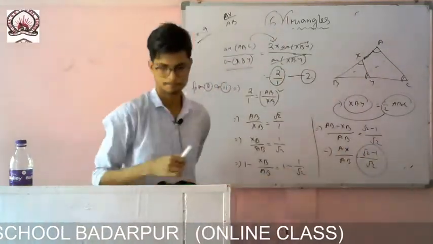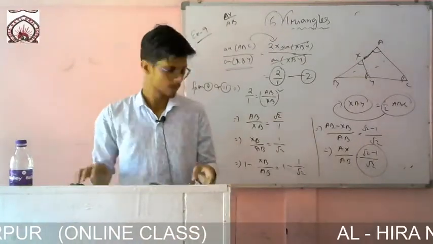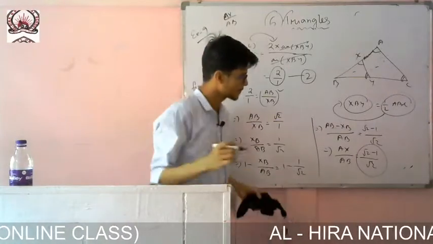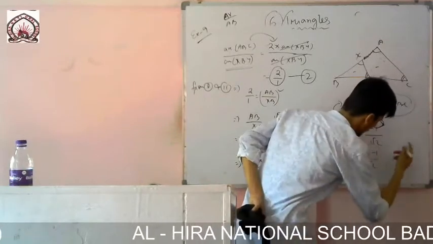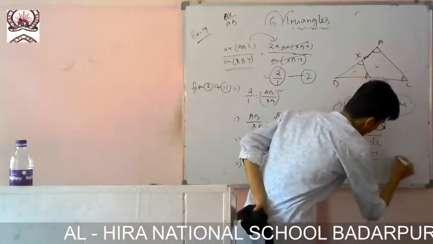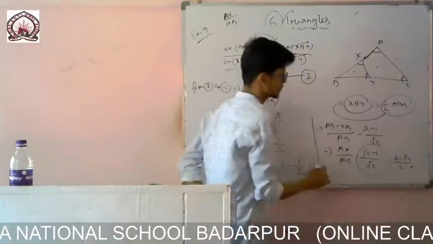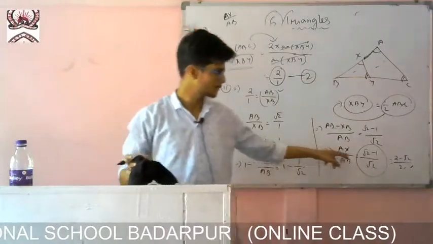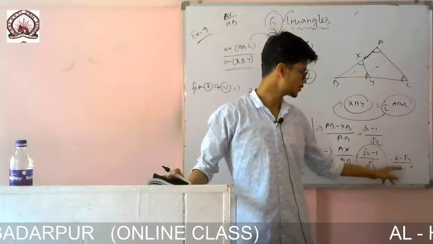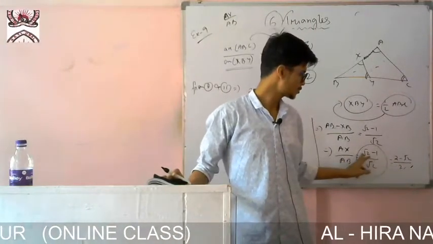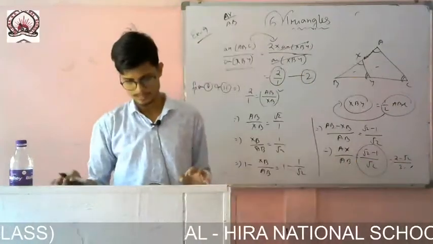Answer came, finished. Okay. This one you rationalize. So if you rationalize, root 2 will be 2, and the whole one I have to multiply by root 2. So root 2 into 2 will be 2, minus 1 into root 2, it will be root 2. I am rationalizing, multiplying both numerator and denominator by root 2. So root 2 into root 2 is 2. There also root 2 into root 2 will be 2, and root 2 into 1 will be root 2. Okay, so this is the answer.